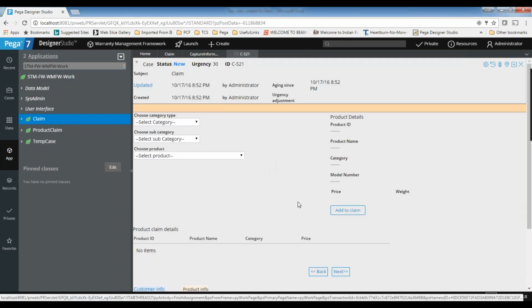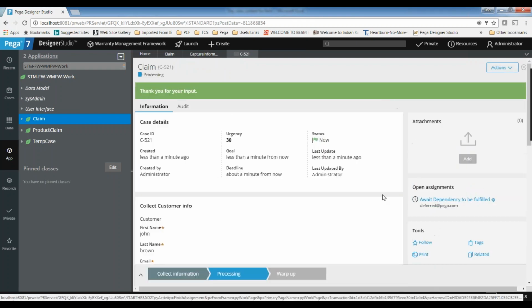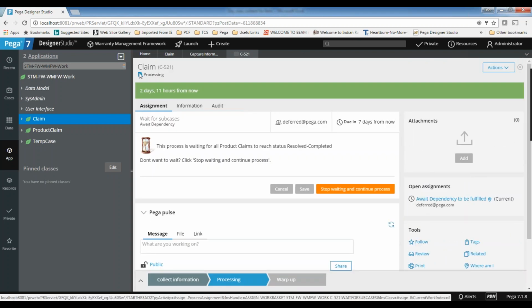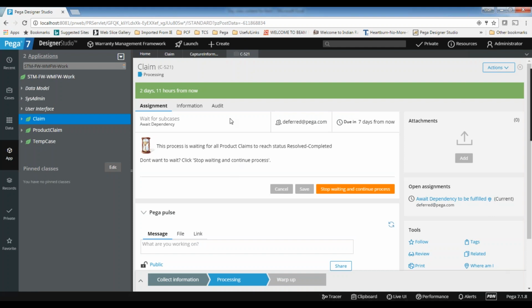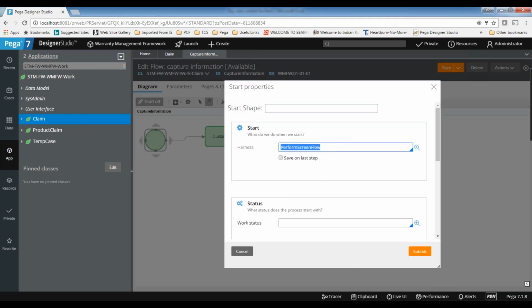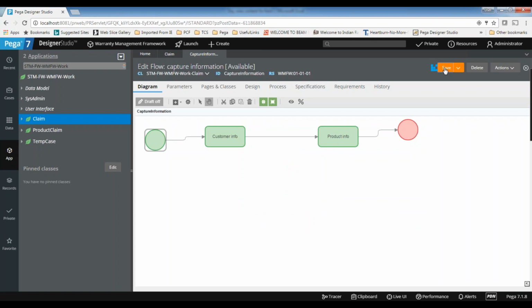When you run the case and go to the next step after completing this, this is the normal standard case. We can see the heading, you can see cases here. This is how generally the case will appear. And if he needs the back and forth functionality but wants this look and feel, in that case you can change the harness to Perform, the out-of-the-box Perform harness. Now you will get the look and feel of the standard flow.